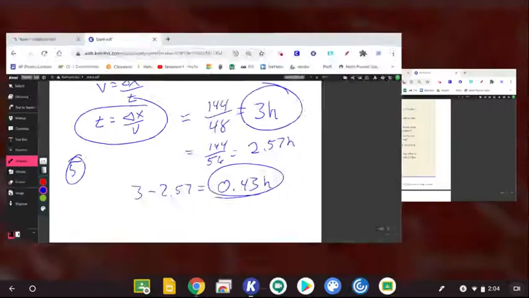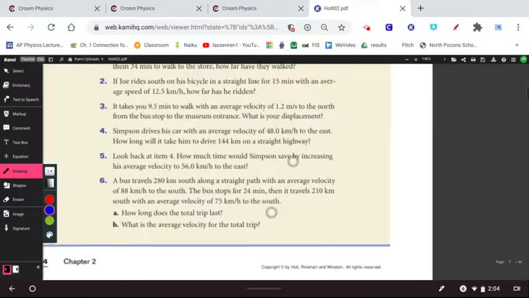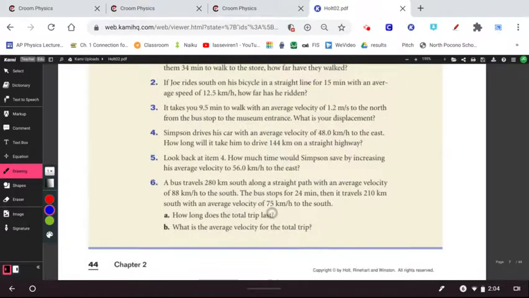And then number 6 says to us, a bus travels along a path south, and I think this would be closer to some of the questions we might see on an exam. The first ones just get us into speed and velocity. You might see a question or two like that, but I think you're definitely going to see something like this,